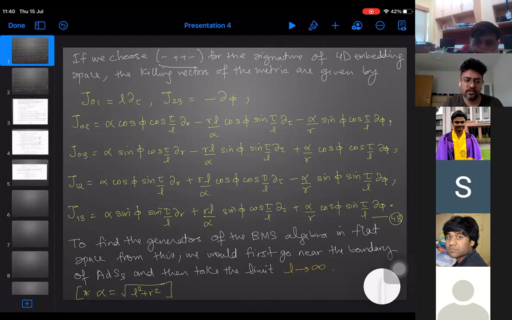So the thing is that right now I'm just trying to explain at the level of the algebra, without going there. I was just wondering, which vector field do you call super translation, and what is its action? Yeah, we'll go forward, and then in the end we will tell you. Okay, thanks.